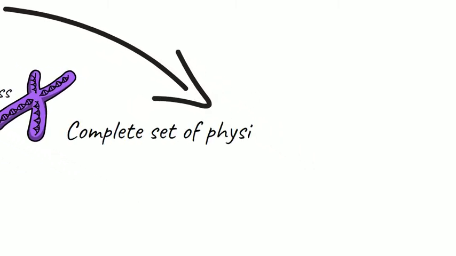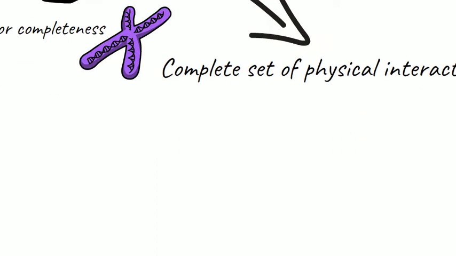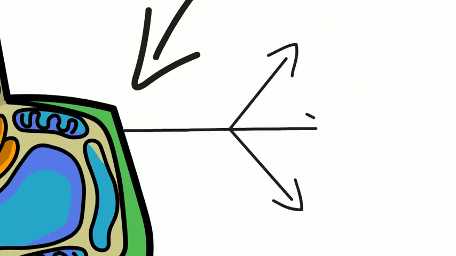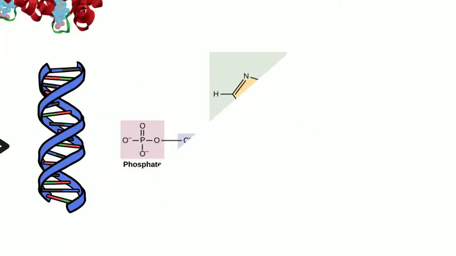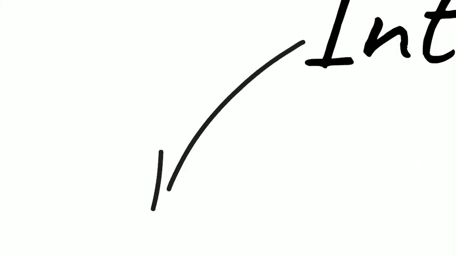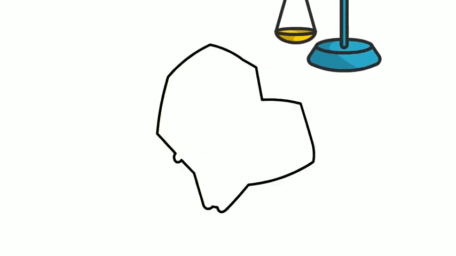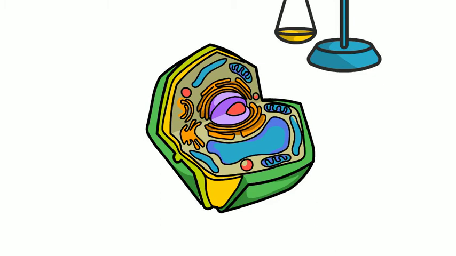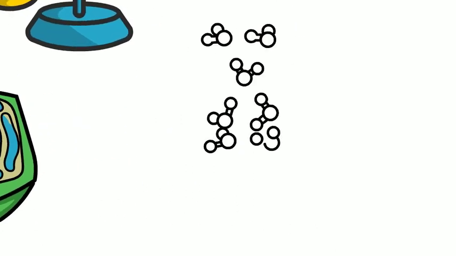From this explanation, we can see that interactome refers to the complete set of physical interactions within a cell, and the molecules involved in these interactions can be proteins, genes, individual nucleic acids, and other small molecules. An interactome can be used on different scales. We may look at the entire set of molecular interactions of a cell, or a set of interacting molecules in